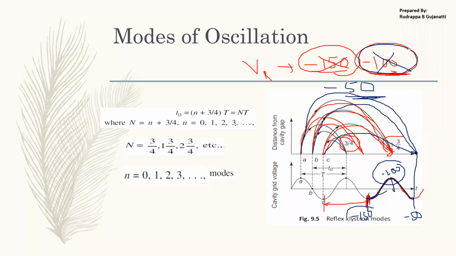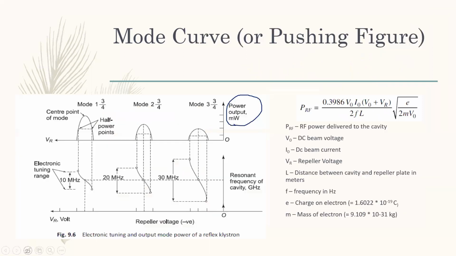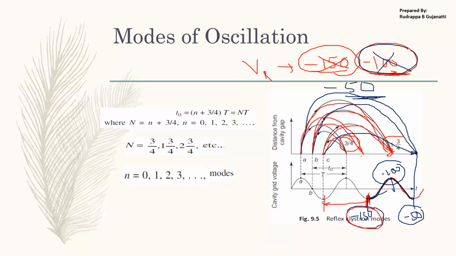So what is the output power? In this case, we can see that the output power is dependent on the repeller plate. Say if repeller voltage is minus 150, bunching was occurring at this point and the output voltage was very less. So that is what I had represented. It is happening at this point, and the output interaction when minus 150 volt was applied was occurring at the negative peak of the field which is present. So here I'll be having the output which is very less.